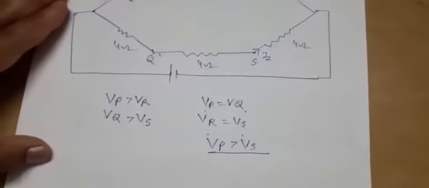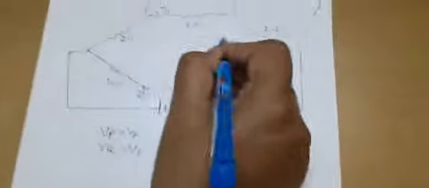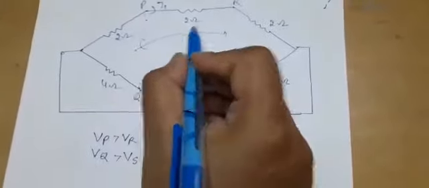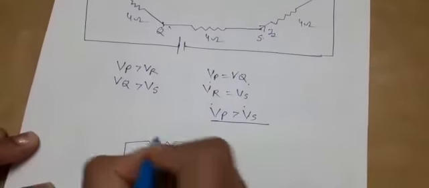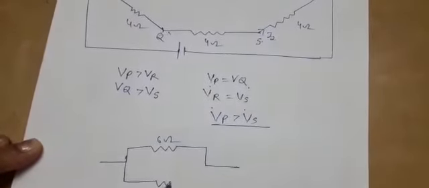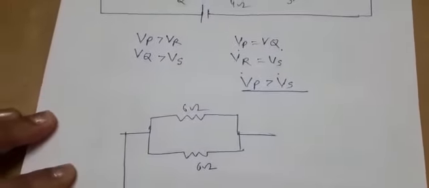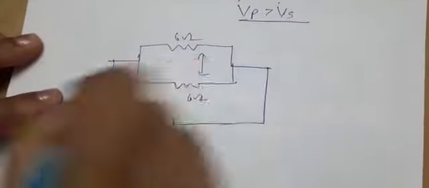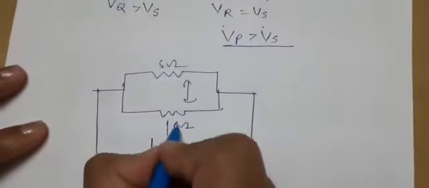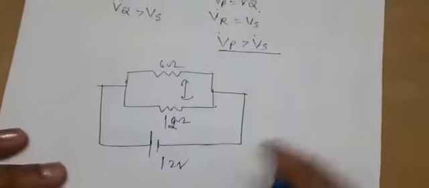Now to calculate the value of I1 and I2. For these three, this is 2 plus 2 plus 2. This is one resistance, which will be 6 ohm. Another is also 6 ohm, and the battery is 12 volt. Again for these, this is not 6, this will be 12: 4 plus 4 plus 4. And for the above wire, this was 2 plus 2 plus 2. So now these two are in parallel.